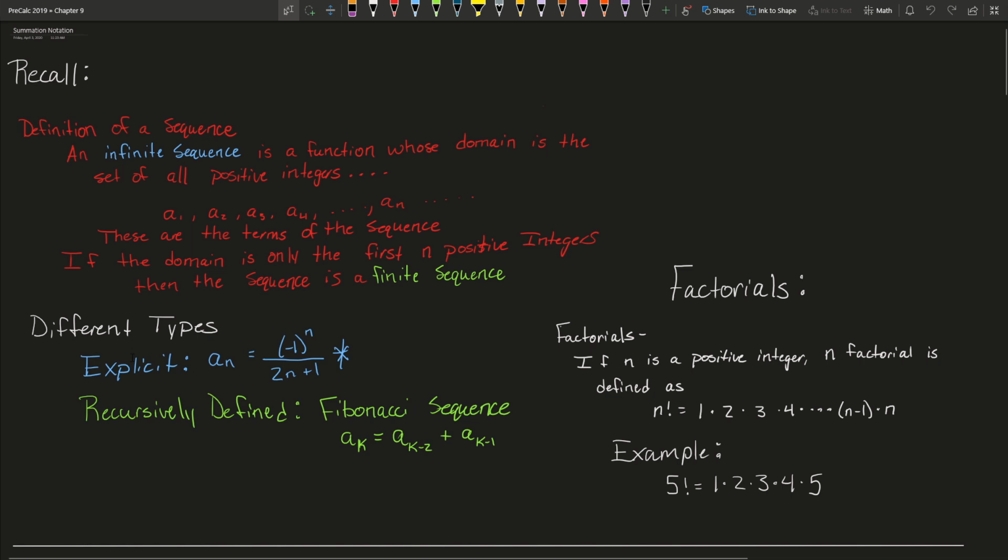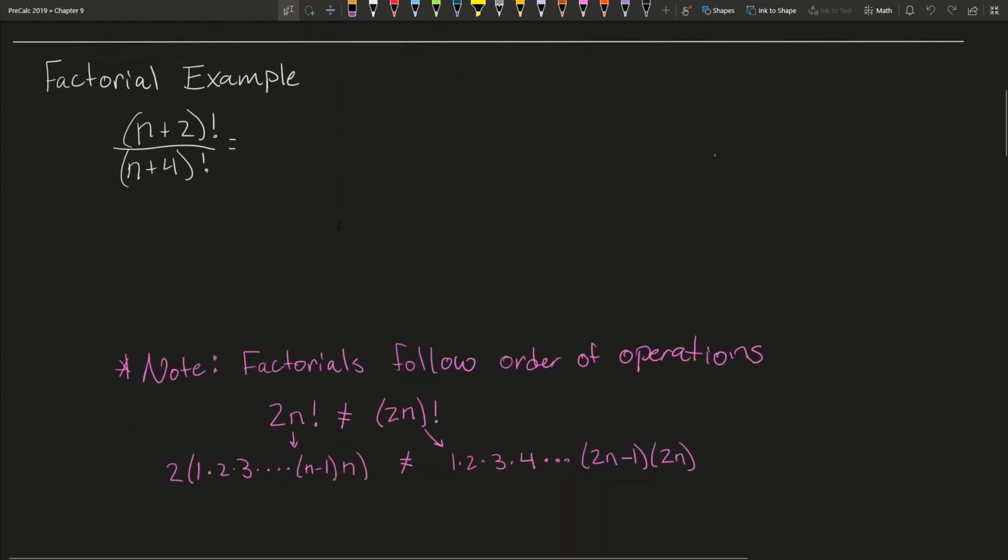All right. So since there are no questions over this stuff, I want to do one example of factorial